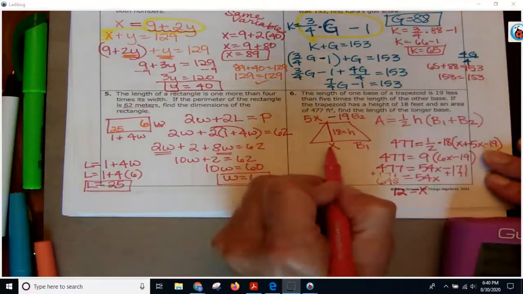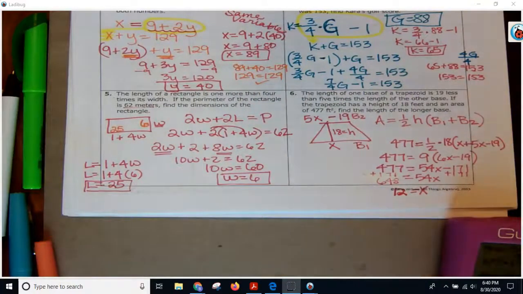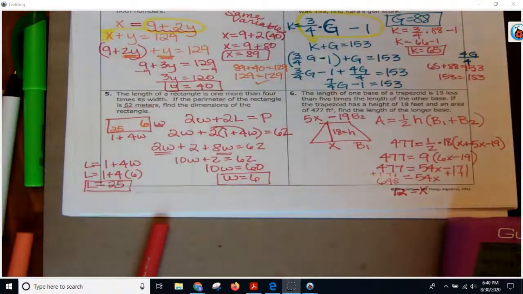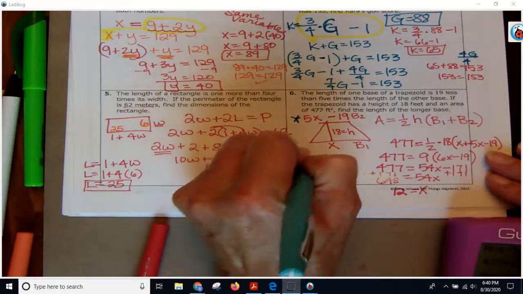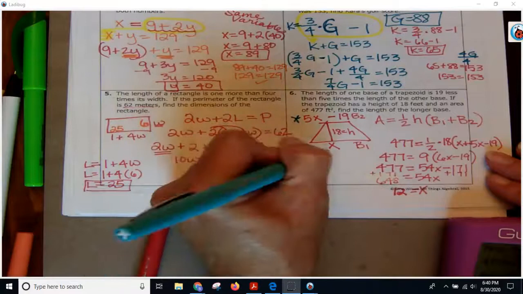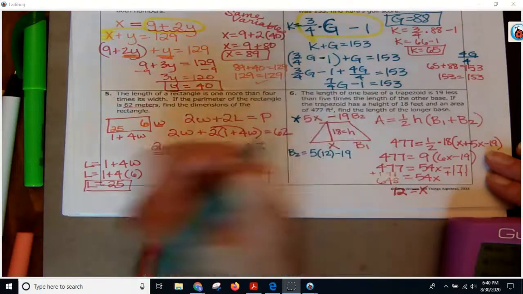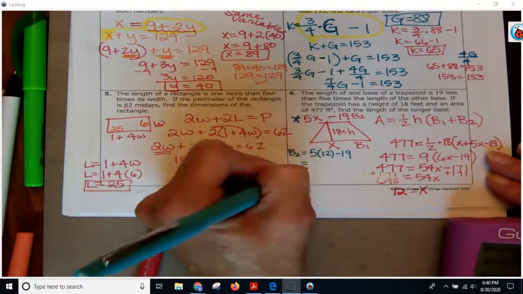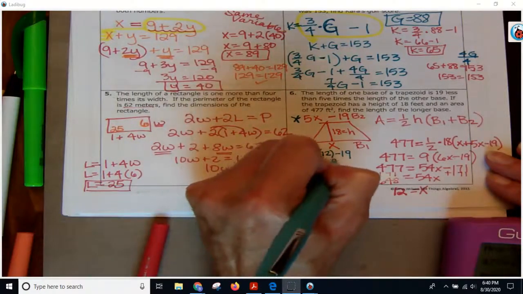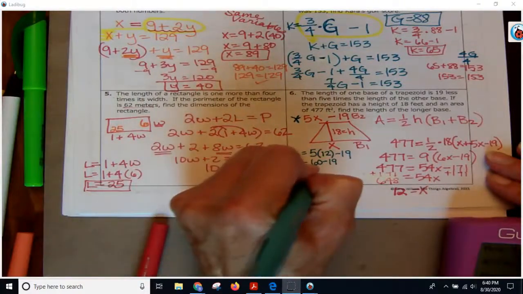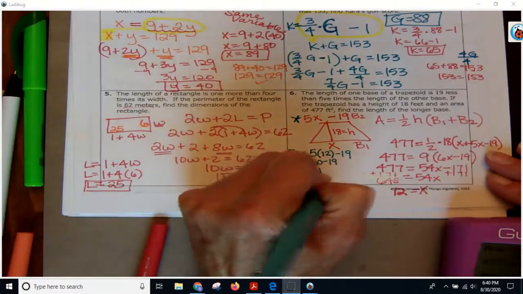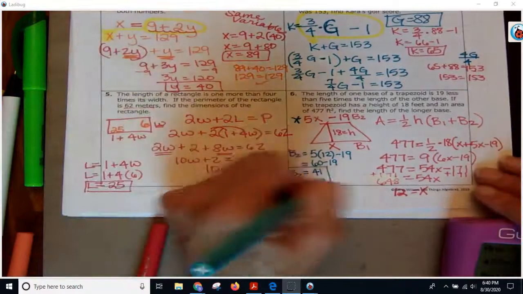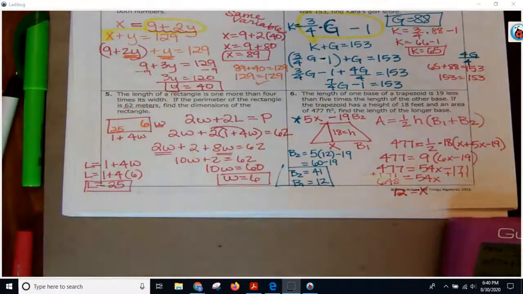So that's telling me that this base is 12, but what is the other base? Well, I've got to figure that out. So I plug the 12 into this, because I know base 2 is the same as 5 times 12 minus 19. So I'm going to get 5 times 12 is 60 minus 19. And so that is going to be 41. So base 2 is 41, base 1 equals 12. All right? Okay, so for your homework, you are going to work these back problems,